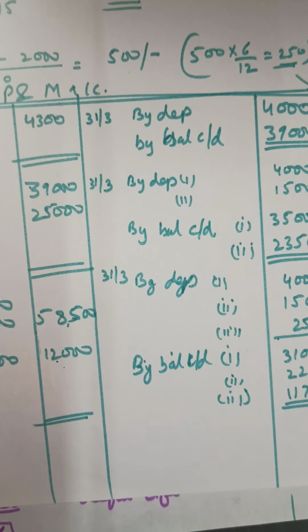Coinciding question number 2. Girls, question number 2. On 1st April 2015, a company bought plant and machinery costing rupees 68,000. It is estimated that its working life is 10 years, at the end of which it will fetch rupees 8,000. Please start doing this question. I want you to do this question right away, now. And then I will send you the next video for the next question. Right, girls?